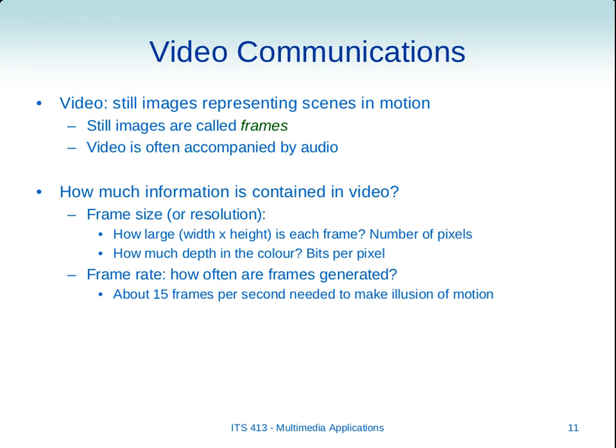So with video communications, the things that we care about is how big should the frame be and how often should the frame change, the frame rate. For the frame rate, it turns out about 15 frames per second is enough to make our eyes think that we see motion. Okay? So if you have 15 images every second and each image may be slightly different than the other, and you keep playing them, it looks like from our eyes' perspective that the thing is moving